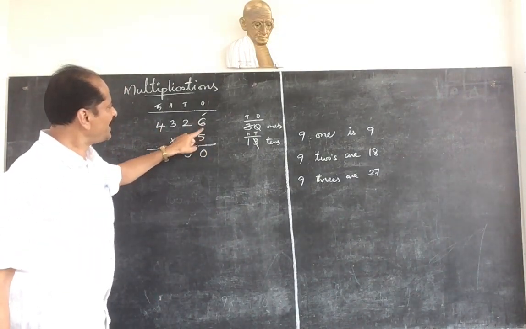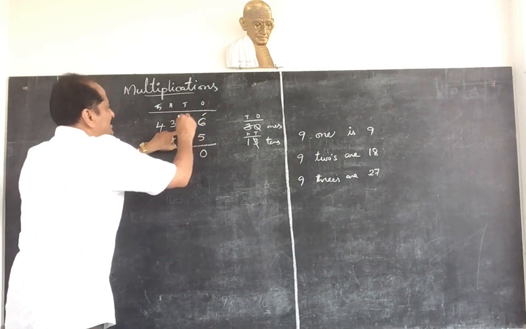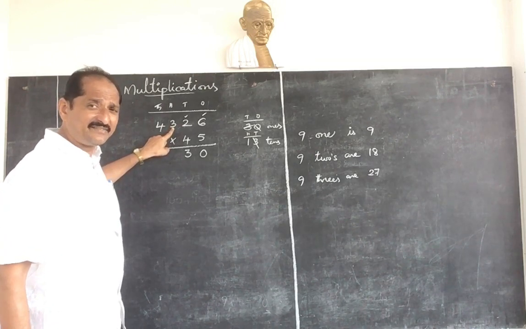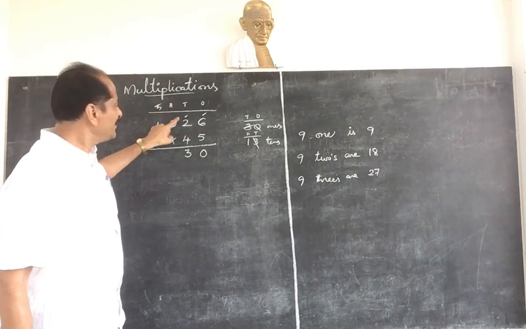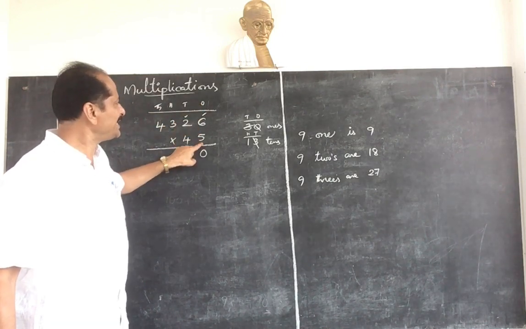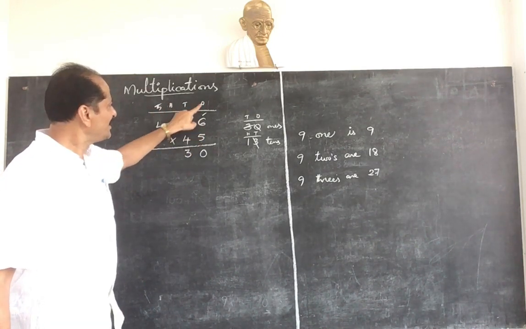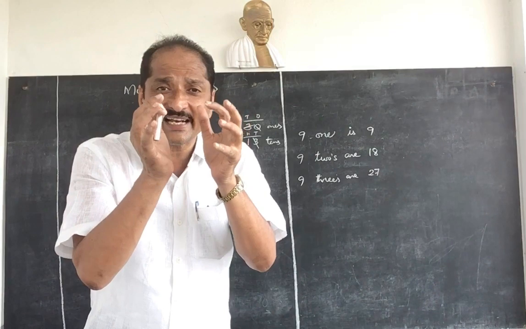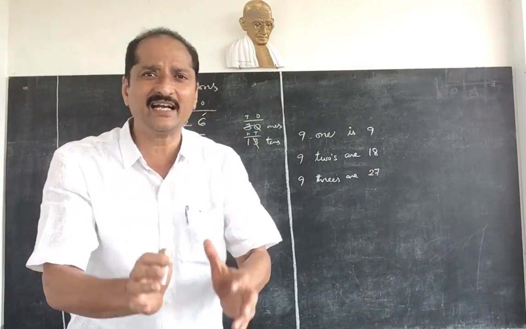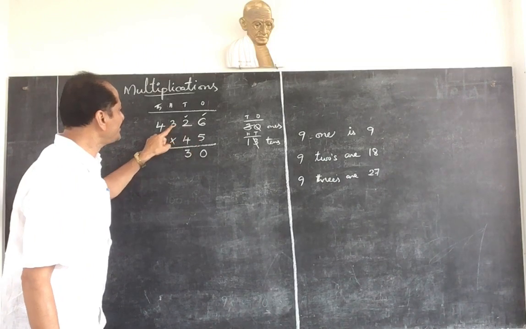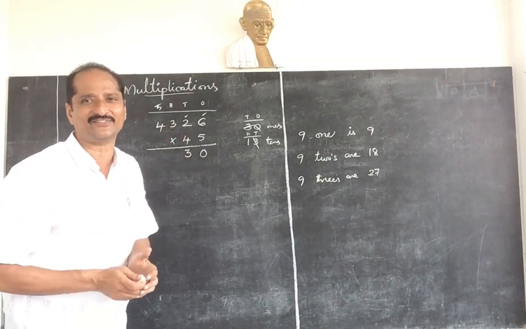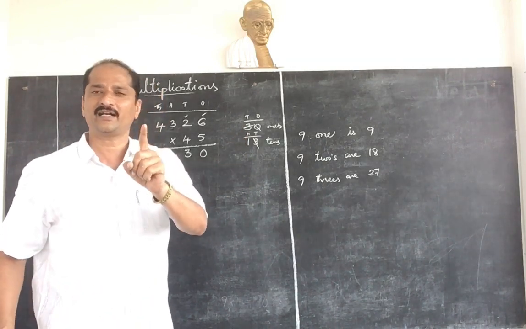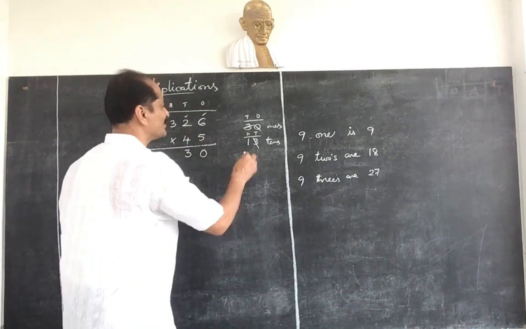Now 5 you multiplied with the 6, 5 we multiplied with the 2 also. Now 5 we should multiply with the 3. So what is this 3? 3 is in hundreds place. Where is 5? 5 is in ones place. That means 5 into 3, ones place we are multiplying with hundreds. Now we are getting hundreds. How many hundreds are there? 5 threes are 1500. And already here we have 100. 1500 plus 100 is equal to 1600.